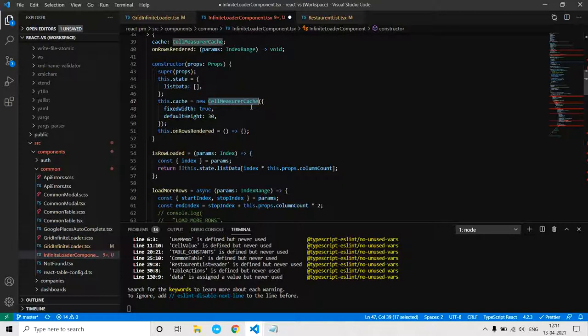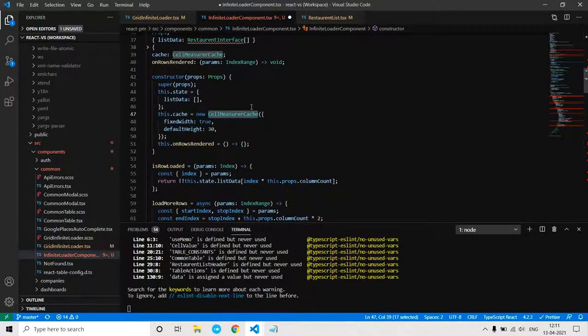So cell measurer cache is a thing from the React virtualized package, which stores the values computed from the cell measurer and shares them with the grid. So it takes the values from the cell measurer and shares them with the grid.